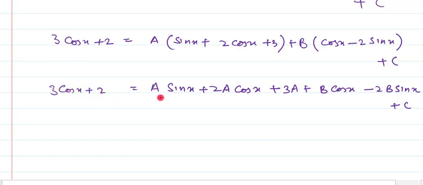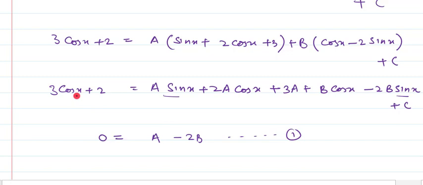So what does it mean? It means that the coefficient of sin x is 0 over here. So the first equation that we are getting in terms of a and b is 0 is equal to a over here as a coefficient of sin x, and again here it is minus 2b. So these two terms are carrying sin x and we have taken their coefficient as a minus 2b. Let us name this equation as 1.